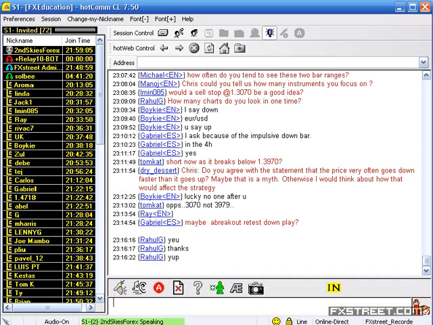Well, Boyke, trend is a matter of time frame now, isn't it? I can say, well, aside from this impulsive bar right now, I can say the overall trend is up. It's possible that this impulsive bar is adjusting the structure of the entire trend. Trend is really a matter of time frame and perspective. If I say the larger trend, I could say the larger trend is down.